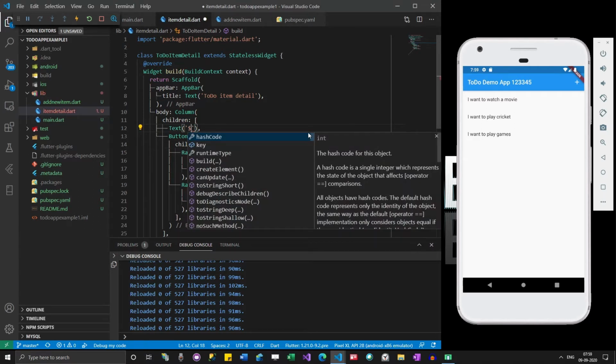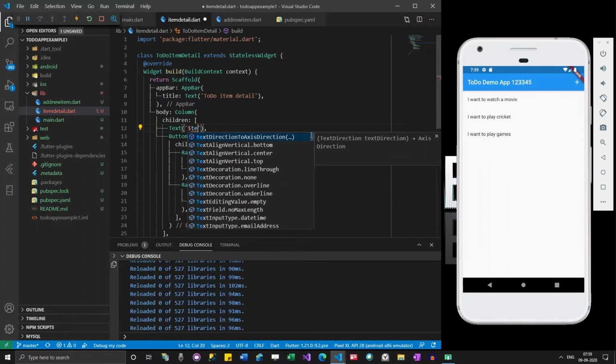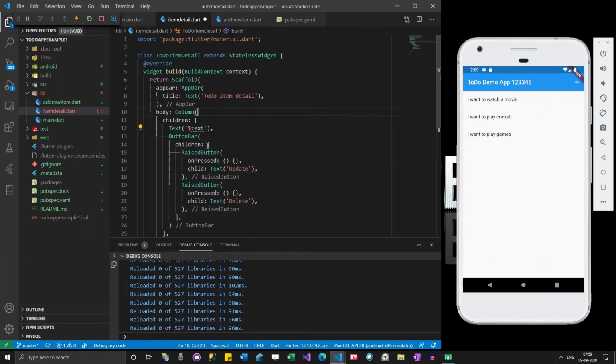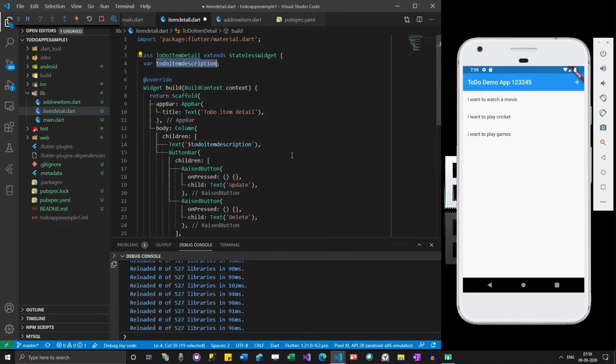Dollar to do description. So I just have to create a field and it will be final.